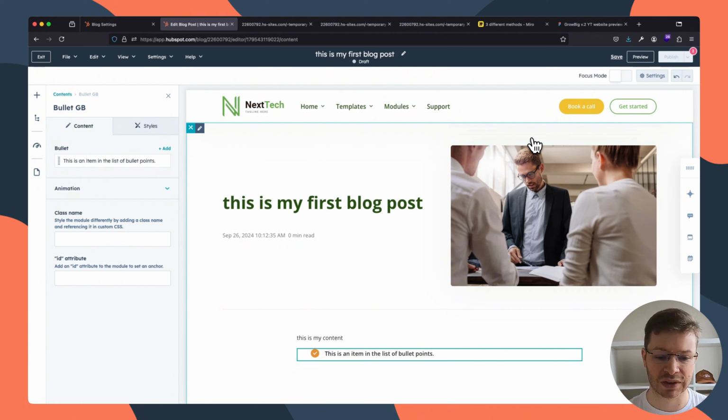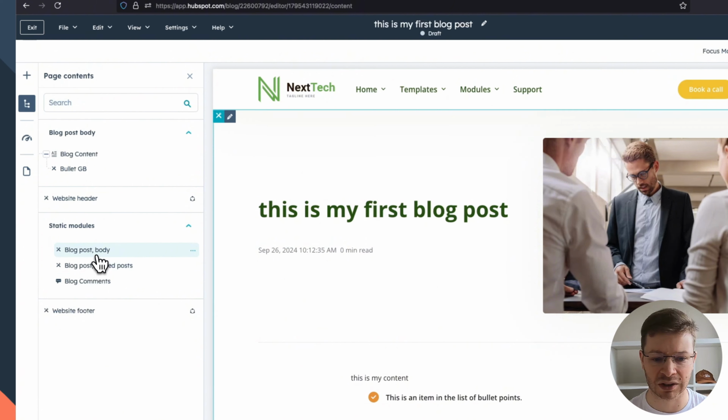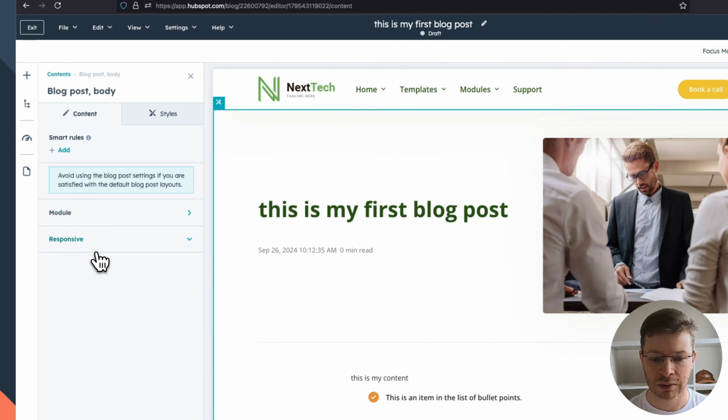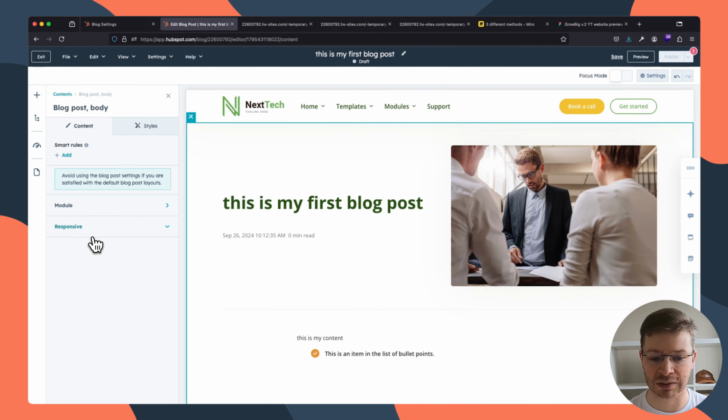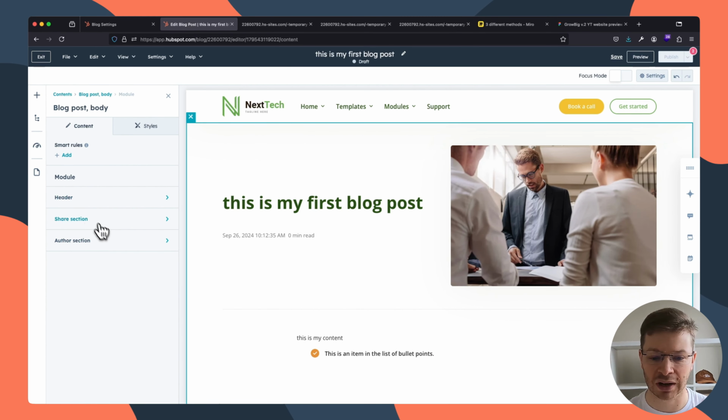Here are a few important things I want to mention related to the Grow Big theme. This blog post is built with static modules that also have options. If we navigate to the contents of this post, here we can find blog post body. The blog post body module has module and responsive settings. In the module settings, we have many options for the share and author section, and in the header we can change